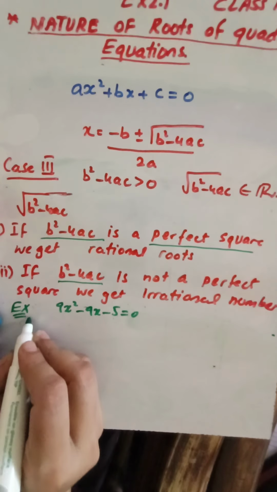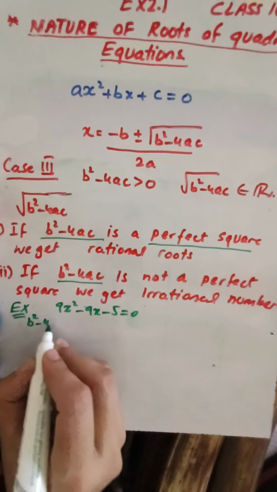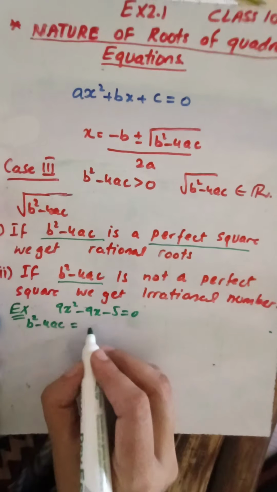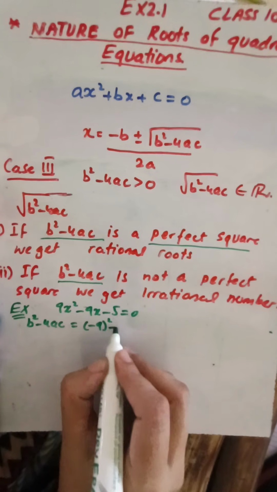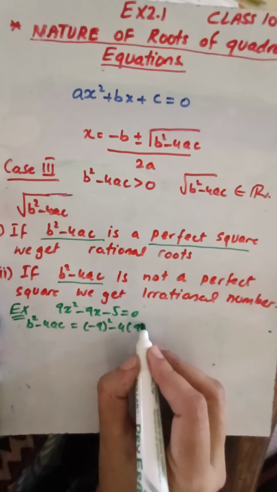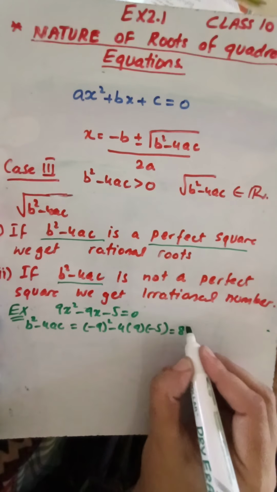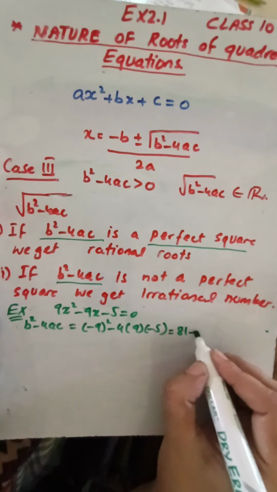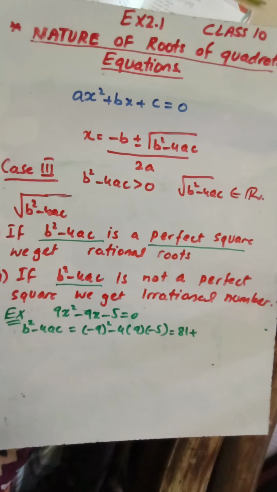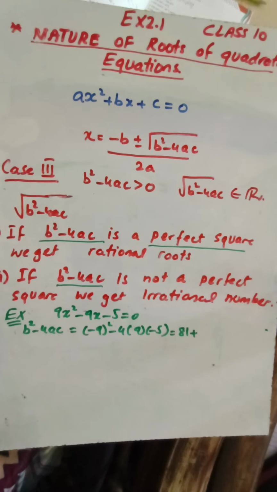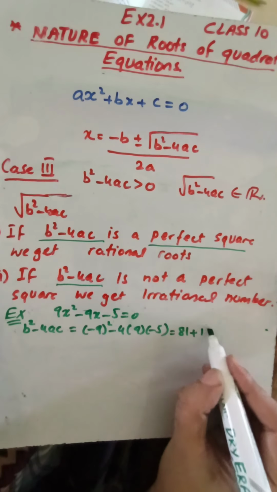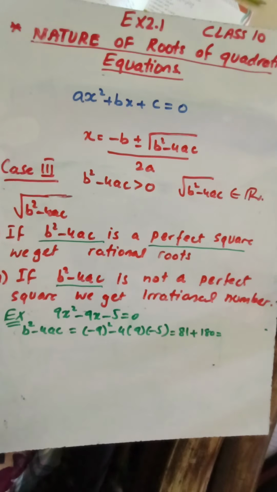Now if I calculate the discriminant b square minus 4ac, this will be equal to negative 9 whole square minus 4a into negative 5, which will be equal to 81 plus 4 into 9 into 5, which is 180, and when these two are added we get